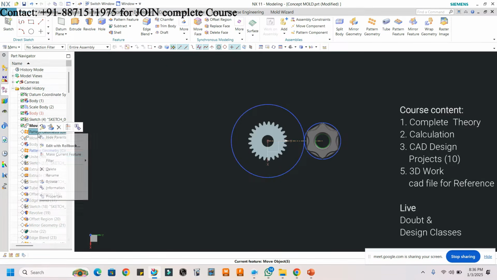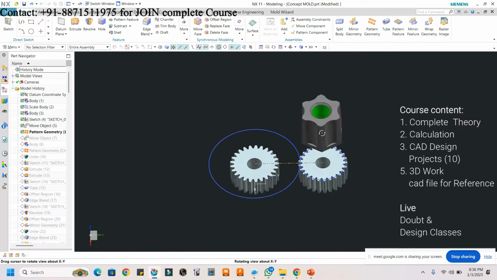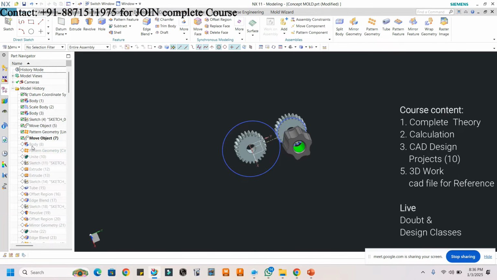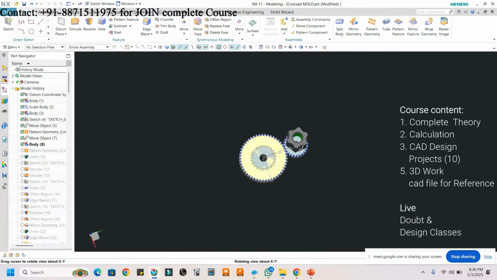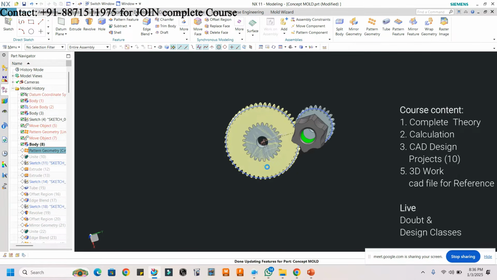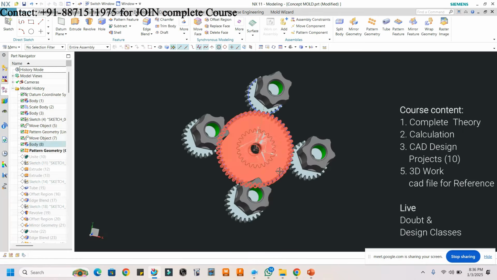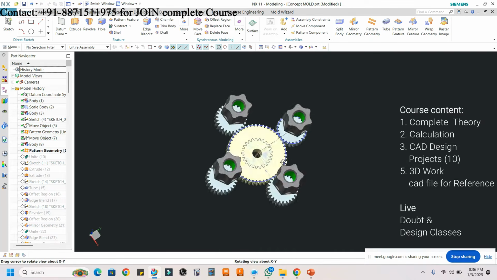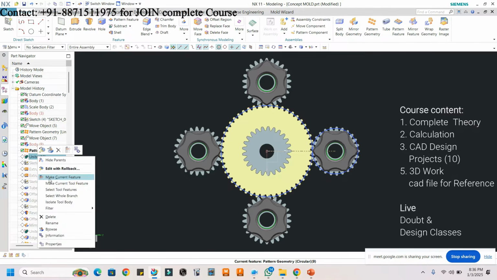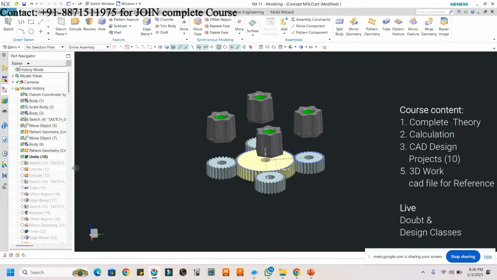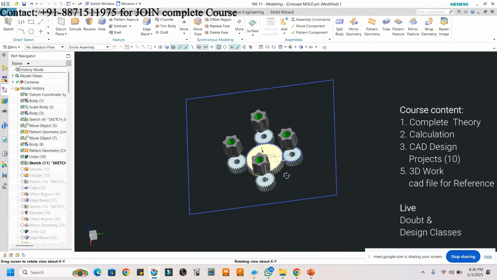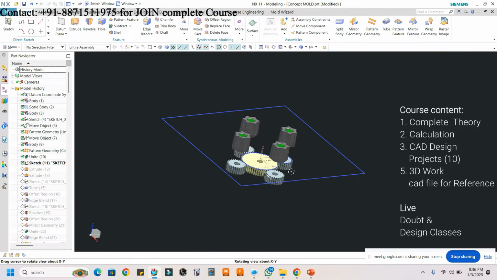Because we need a proper location there. This is the sun gear and the planet gear, so depending upon that we have to select all these things. I am just creating the concept right now, just for the initial design of a gear mold.